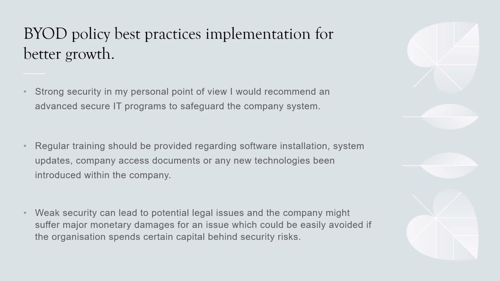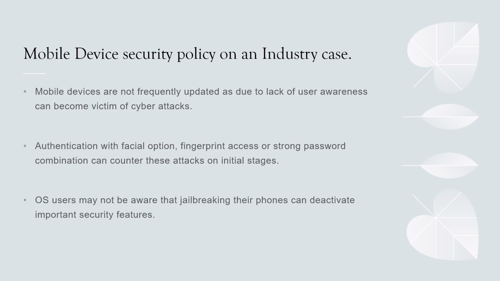So this is an essential part, from the company's point of view, that they should always spend a lot of money on legal security systems. They should provide more and more updates regarding stronger security programs if they are able to implement them. Next section is regarding mobile device security